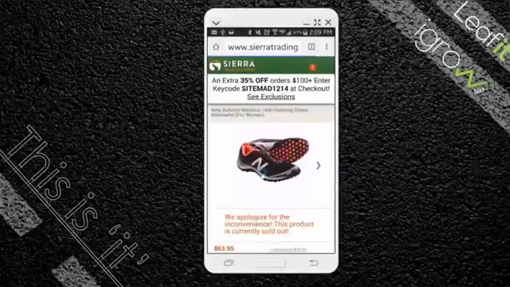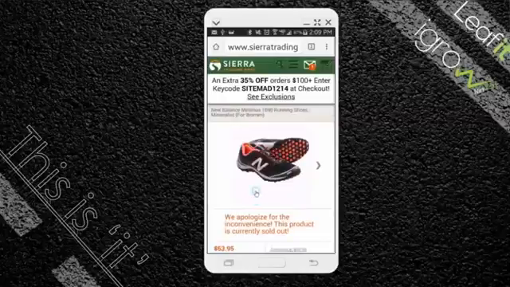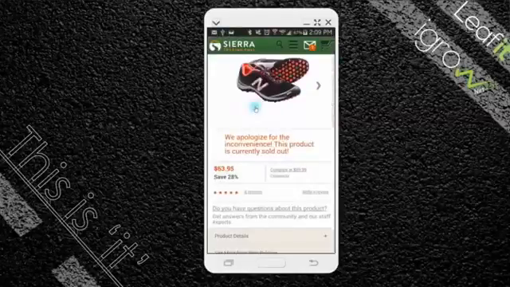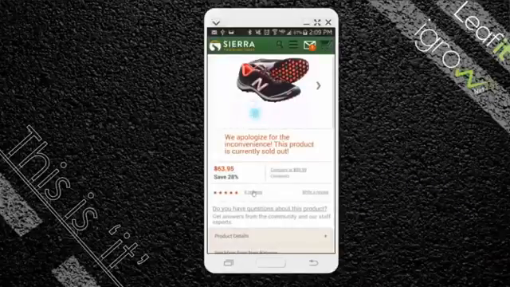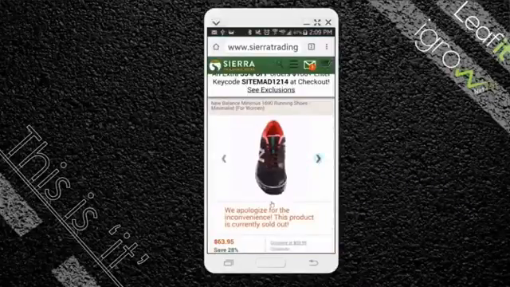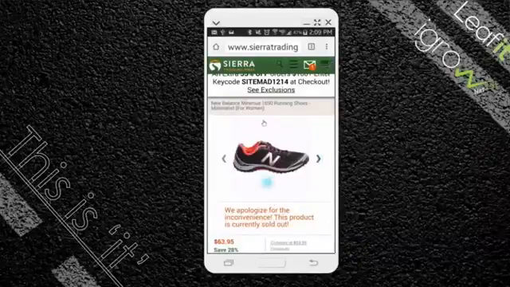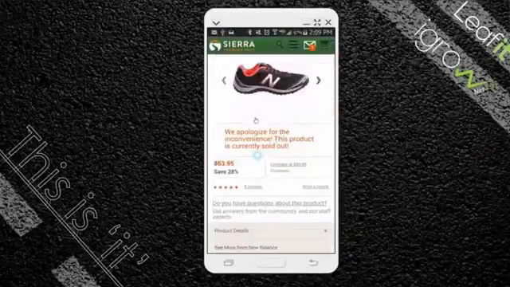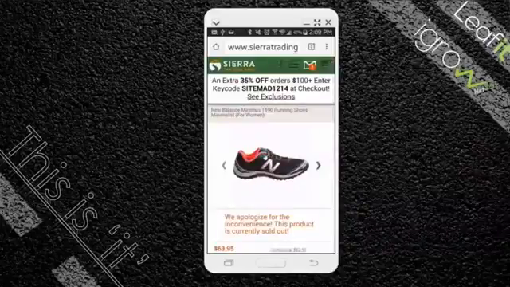All right, so as you can see, it took him to a product, and it says the product's been sold out. However, the nice thing about this is you can go right back to it and shop other shoes. So in the event something's sold out, unlike in version 1 where you're stuck and that product was stuck to just that one post, you can keep searching other products. And you know it's sold out right up front.